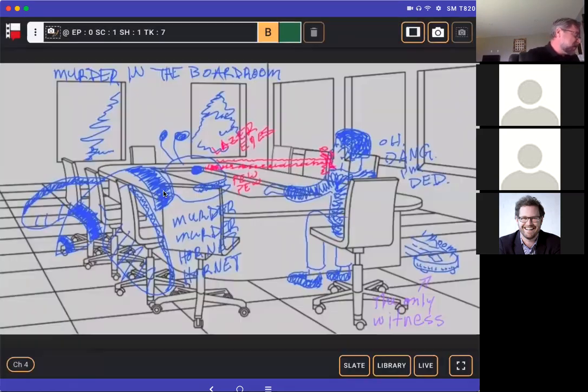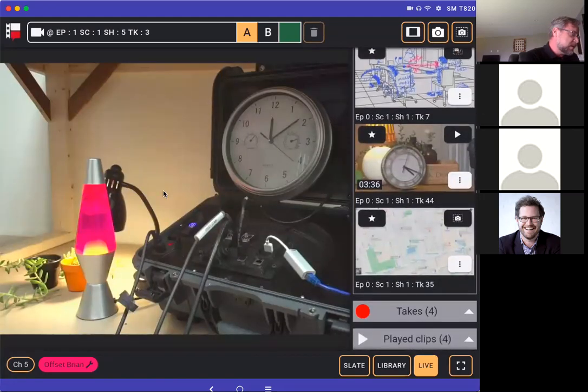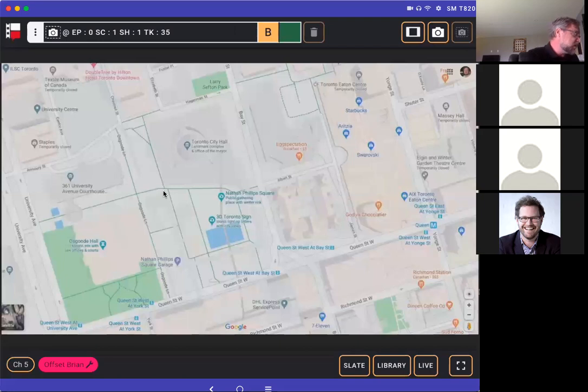Or you could be in a different channel and talking about something having to do, let's say, with locations. So you could say, oh, there's the SET, City Hall is the SET, let's park the trucks over here. Let's make sure the generator is here. And then this can be saved as a still frame for reference later. Everything's saved in the system,